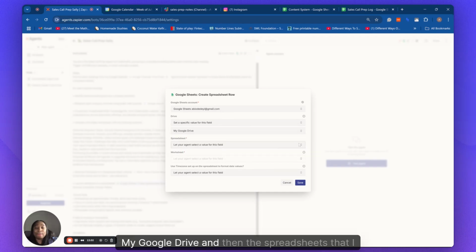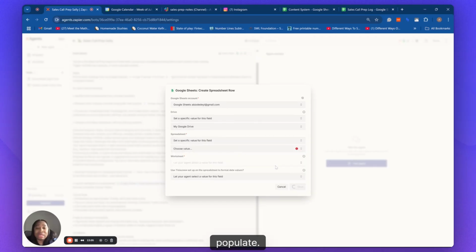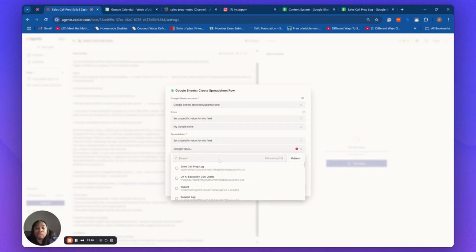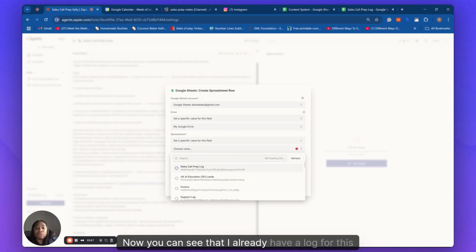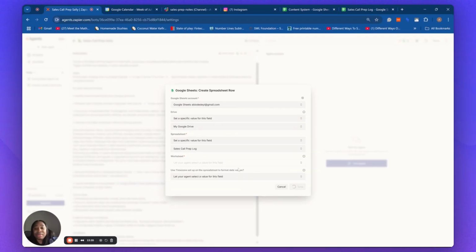My Google Drive, and then the spreadsheet that I want it to populate. Now you can see that I already have a log for this here. And then here, yes,